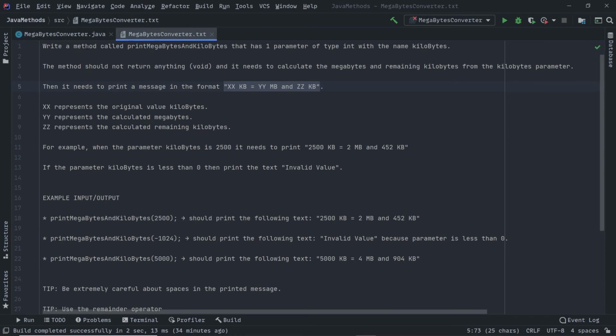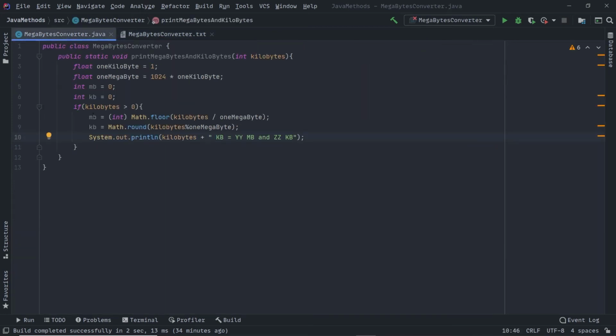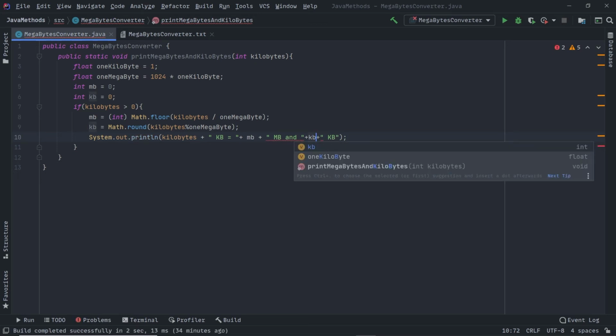YY represents the calculated megabytes, so instead of YY write MB, and the remaining kilobytes is ZZ, so instead of ZZ write KB. This is the code to print out what remains.